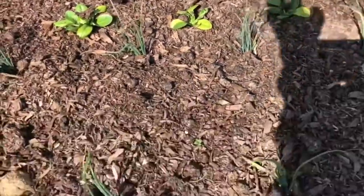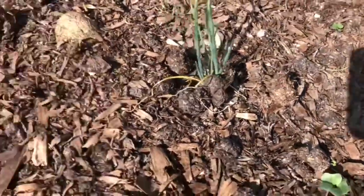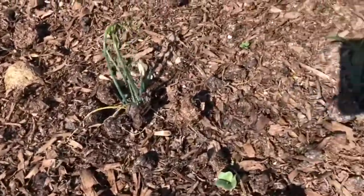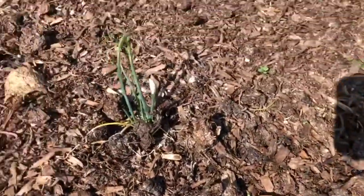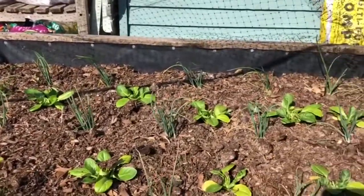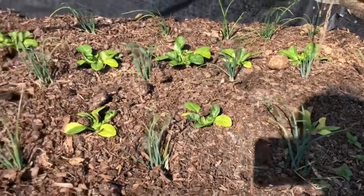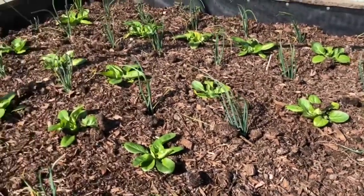I did sow some radishes as well. I've got a couple that are coming up, but not as many as I planted, and that's possibly because it may be a bit dry. So a good watering and it may help some of the others pop up. The tips of the onions are a little bit bent over and a little bit brown, but they'll recover now. The weather's going to be good. So there's a few little weeds in here, so I'll get those out, give this a good water, and hopefully